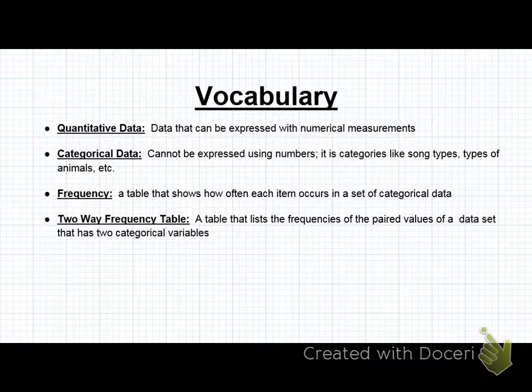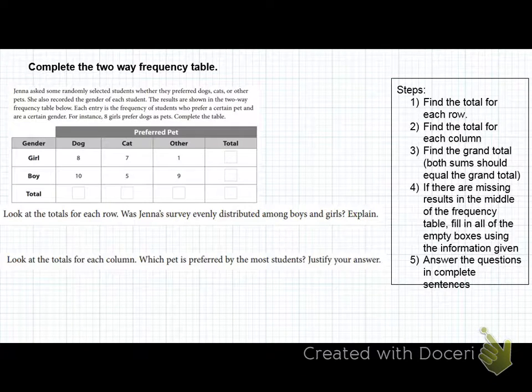Okay. Or here's another one. All the students that are black shoe lovers that are male, raise your hands. Okay, now I can count those, right? Did you see how I just categorized them 2 ways? Okay, that's the goal for today, all right? So, here we go. Complete the two-way frequency table.